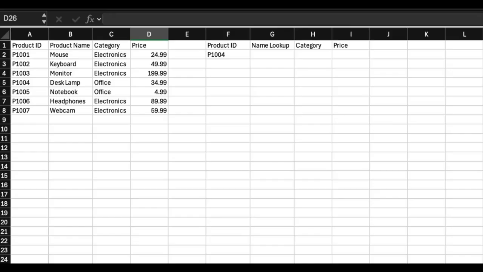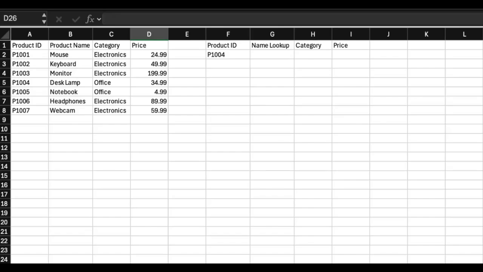In this video, we're looking at one of Excel's most useful formulas, VLOOKUP. VLOOKUP allows you to search for a value in a table and return information from a different column in the same row. Using the information on screen, if you have a list of products that have unique product IDs, you can use this unique identifier to retrieve all the different pieces of information about the product without searching through the